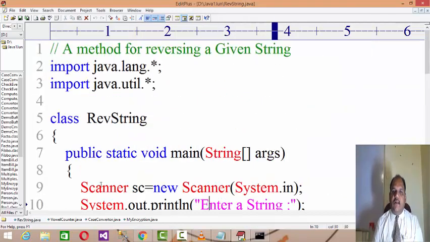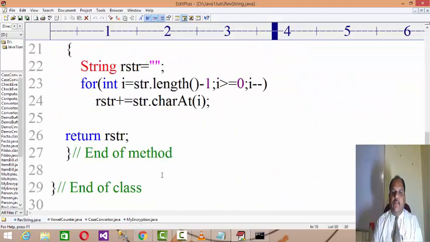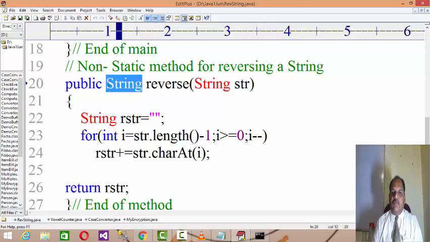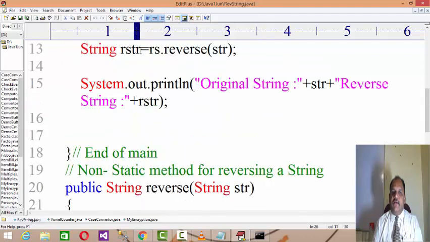Hope you understand this. What I did in this particular code, I built a method called reverse, which accepts the source string from the user and returns the reverse of the string. For that reason, I extracted the characters from the last to 0. I set the loop in this manner and concatenated each and every extracted character into the rstr and returned that entire string to the calling area, and in this manner I can develop a method for reversing any given string, right? Hope you got it.